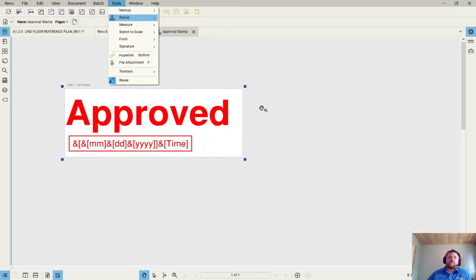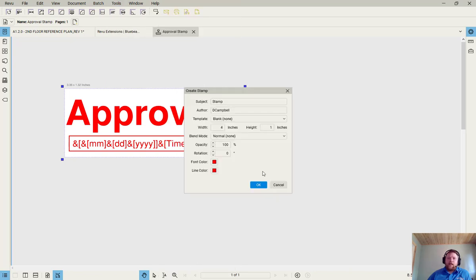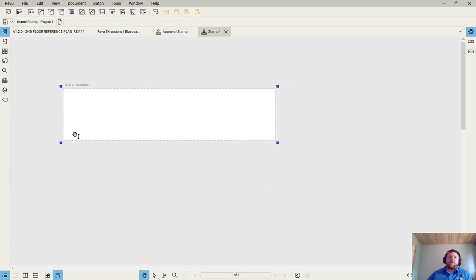Now, getting back into the editing mode here, a lot of people will ask me about creating a new stamp. The stamps option you'll find right down here under Create. Of course, you can utilize some of the templates: blank text, text with border, text with date and border, but you don't need to, right? The way that I like to look at it is, I'm going to start off with a 4x1 here, and just say, okay, this is a blank canvas for me to make whatever I want into a stamp,